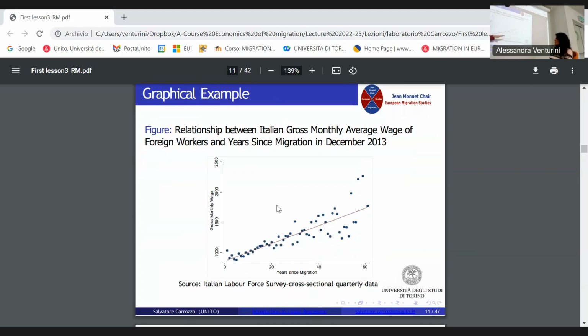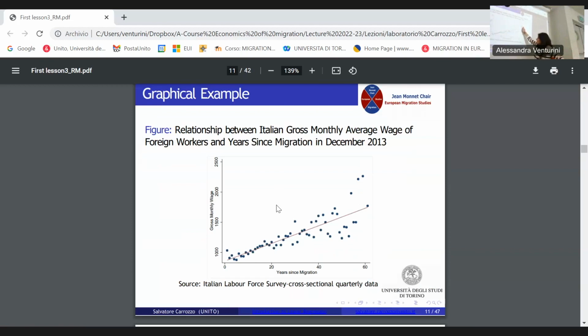If you want to find height and age, you will find a line which is very similar to this one. But after, it becomes nonlinear, because when you become old, your height declines, so it's not always positive. You grow until 23, and after you stop and you decline. So the relationships are more complex, but here you see that the error is very small. Here it increased, it increased, it increased. This is, for instance, the